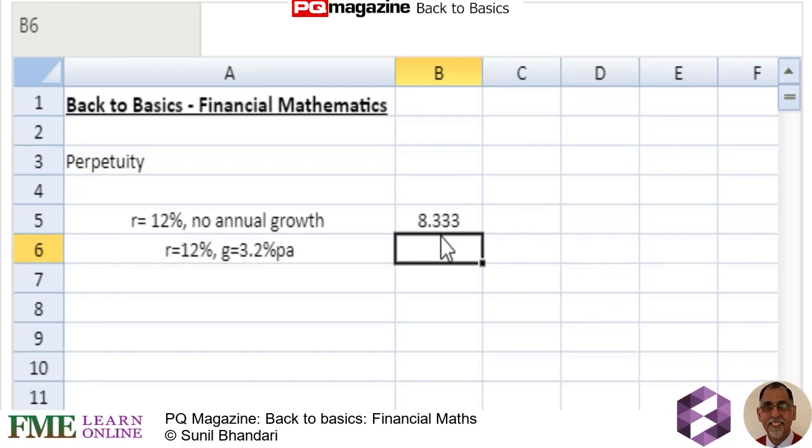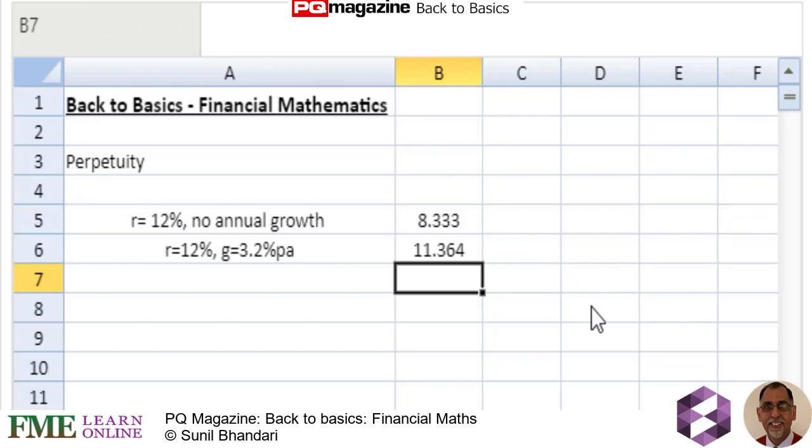Okay, what about the one where you've got an annual growth rate in your cash flows? Again, very common in business valuation questions. So I'll open the cell here, I'll press equals, I'll go 1 divided by, I will open my bracket, I'll put 0.12, I'll minus 0.032, I will close my bracket, press enter, and I get the value of